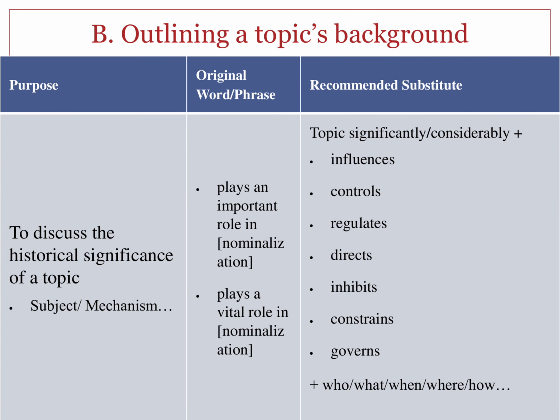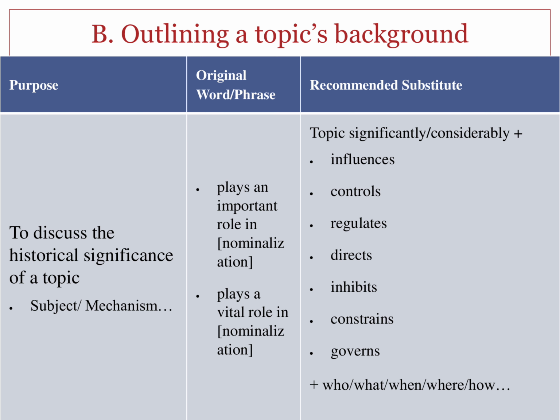Next point is outlining a topic's background. To discuss the historical significance of a topic, usually it is written like this: subject plays an important role in, or subject plays a vital role in. To avoid these common usages, we can say this topic significantly or considerably influences or controls or regulates, directs, inhibits,